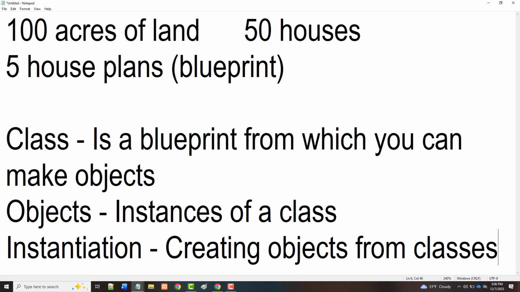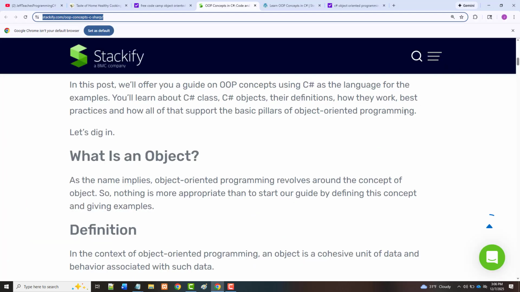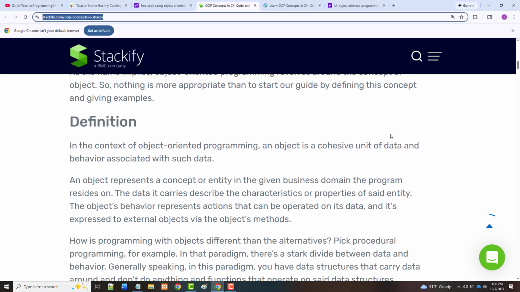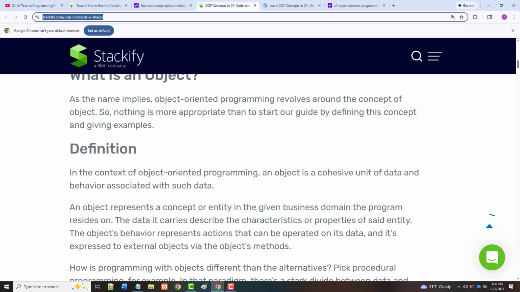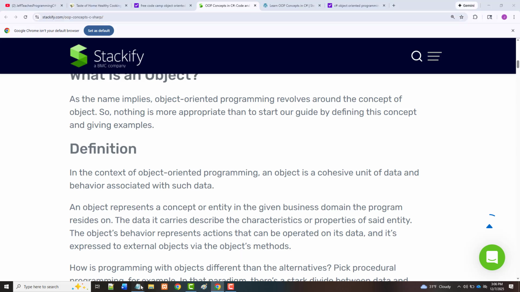Now, this doesn't say why you should be using this, etc. But it does explain what a class is, and it does explain what an object is. So with that in mind, let's just start talking about this. In this example here, they're defining an object as a cohesive unit of data and behavior associated with such data. What the hell does that mean? Well, what it means, going back to our example here,